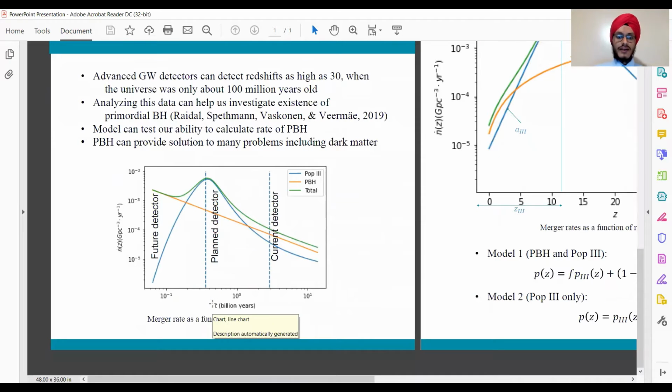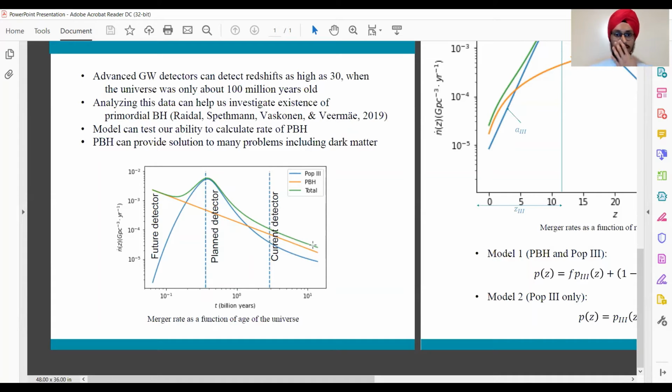Let's take a look at this graph. On the x-axis, we have the age of the universe, and this point being 13.8 billion years being the current age of the universe. And it goes all the way back to about 100 million years on the log scale. On the y-axis, we have the merger rate, which represents the total amount of black hole mergers per unit volume per unit time. The current detectors have a limit, and as you can see in this limit, we cannot see